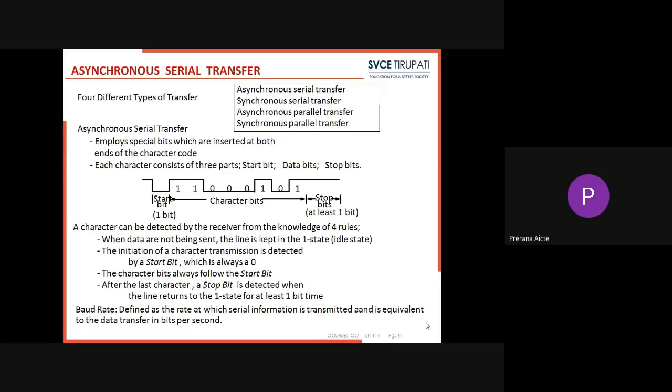In first one, parallel data transmission. In parallel data transmission, each bit of the message has its own path and the total message is transmitted at the same time. This means an n-bit message must be transmitted through n separate conductor paths. So, what is the advantage of parallel data transmission? It is faster and used for short distances and where speed is important.